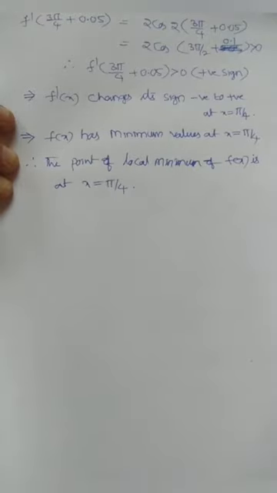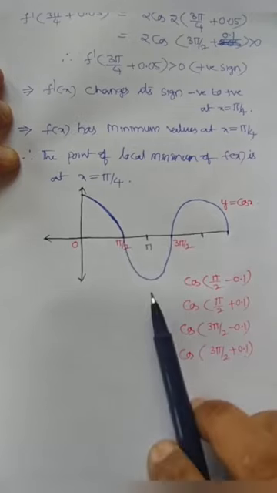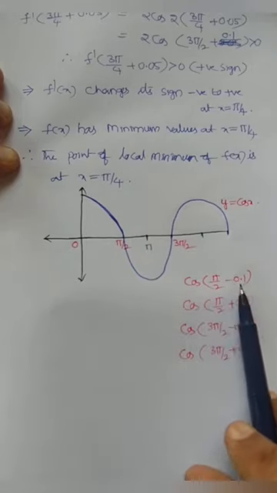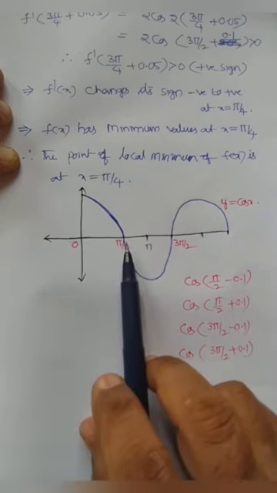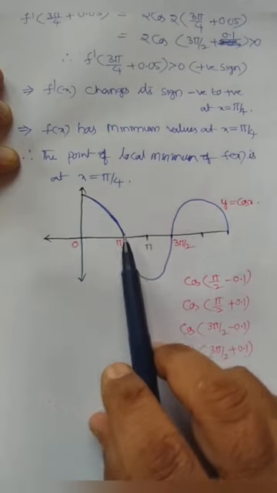Now I am going to explain where we have taken the sign for the cos x function. Let us check it with the graph. We have selected cos of pi by 2 minus 0.1, and the value is positive. So let us check it. Here, this is the function of cos x now. So observe the graph here.